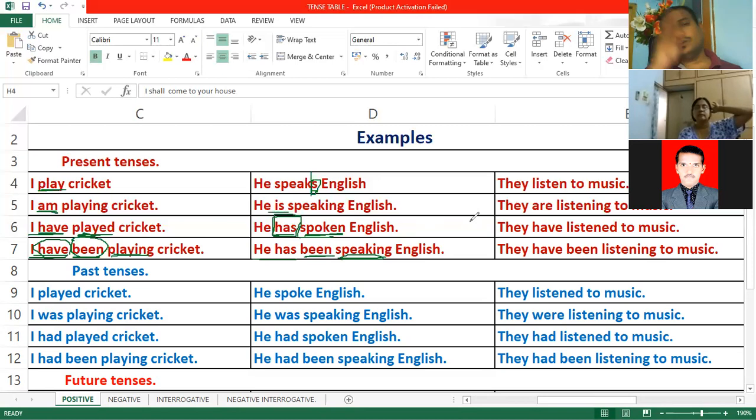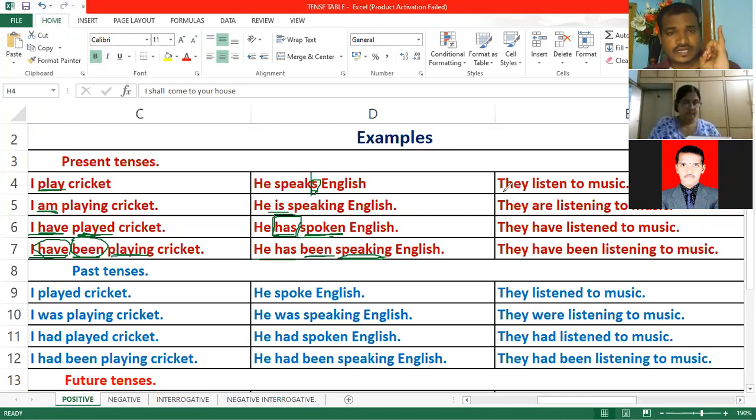Now, come to the third example. We discussed first person singular and third person singular. Now we are talking about plural. Of course, it is third person plural, but consider it as a simple plural. For all plurals, we should follow the same pattern. That's why I'm giving only one plural. Mostly, you should identify the difference between first person singular, third person singular, and plurals. These are the three differences we should keep in mind whenever we are talking about tenses.